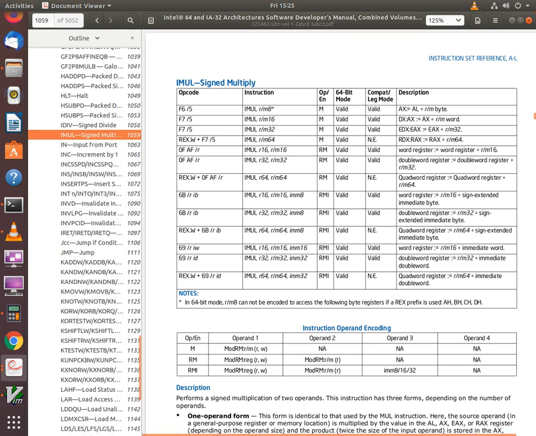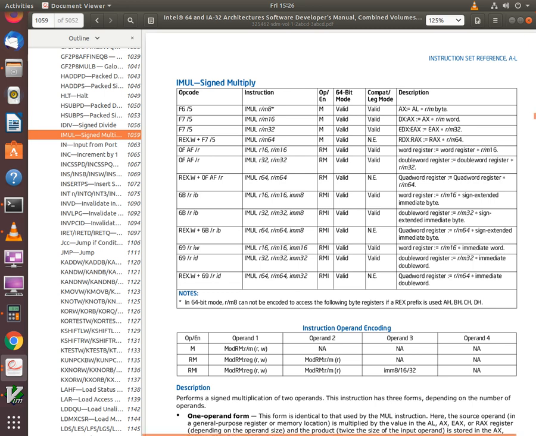It shows several different flavors of IMUL here. The flavor that I'm using in this program is IMUL r/m64, and essentially this says that the IMUL instruction can have either a register 64, r64, as an operand, or m64, which is a memory 64. So in this case, since I'm using the RCX register, we are using IMUL r64.